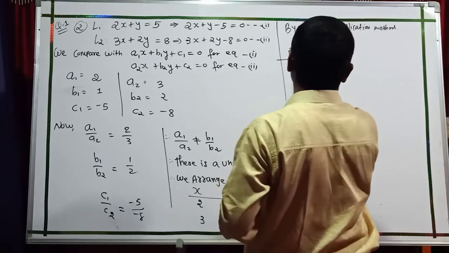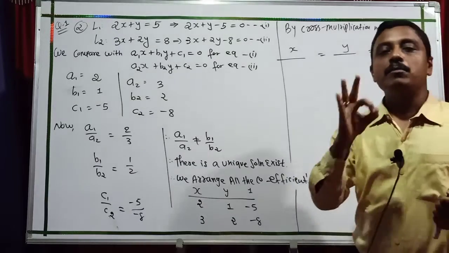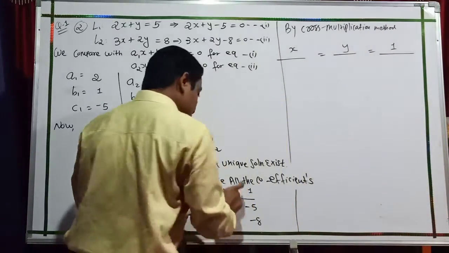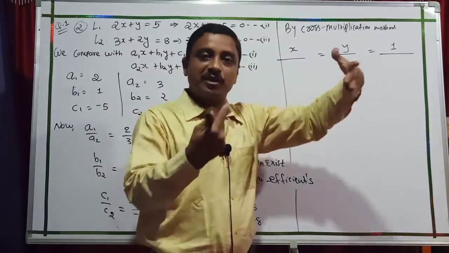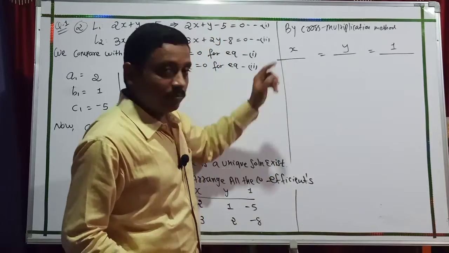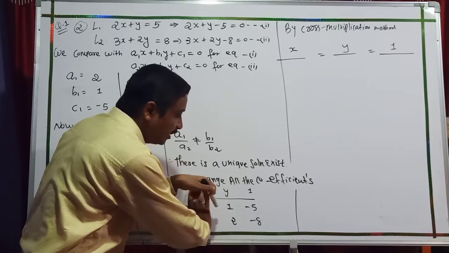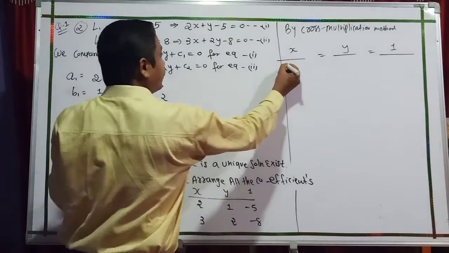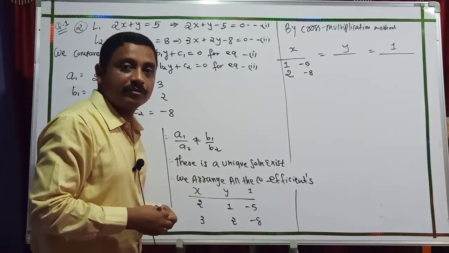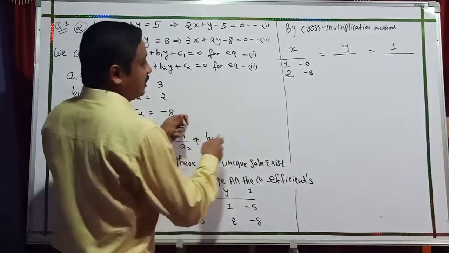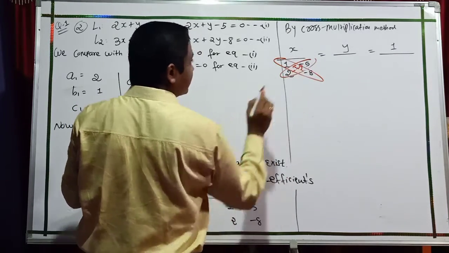So x upon y upon and 1 upon, these three data one by one I put out from all the coefficients. So students, look here: x, y and 1, it's compulsory to write down. It is the method. Below x, you put out your hand on the x value, and what remains here, put it: 1, 2, minus 5, minus 8. In this portion, our cross multiplication: these are the principal diagonal, these are the secondary diagonal, this arrow multiply and this arrow multiply.